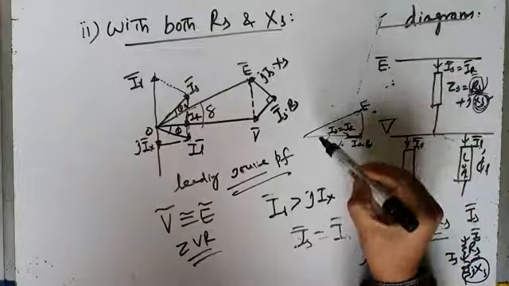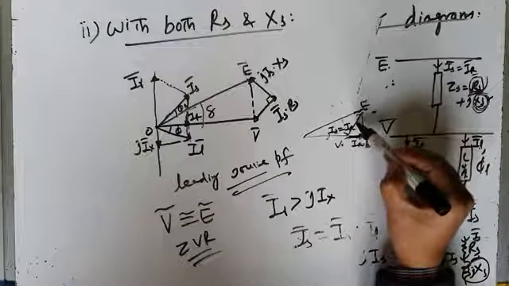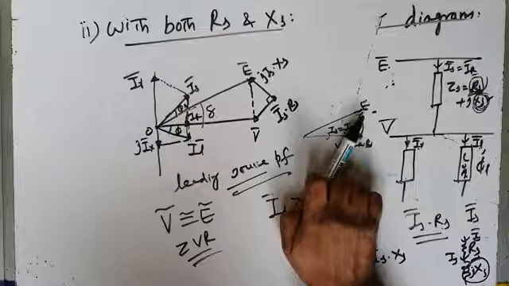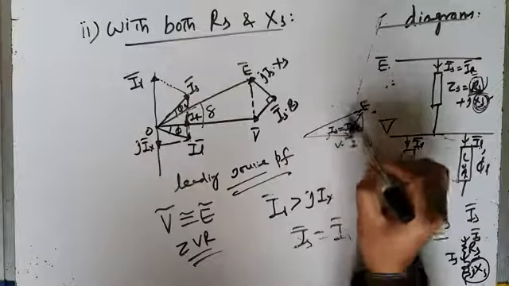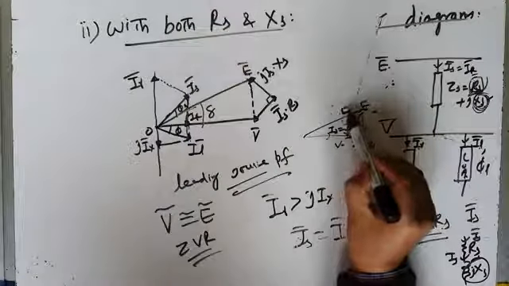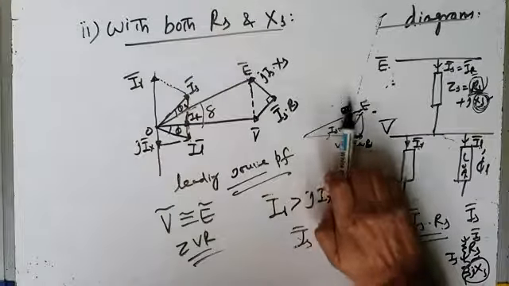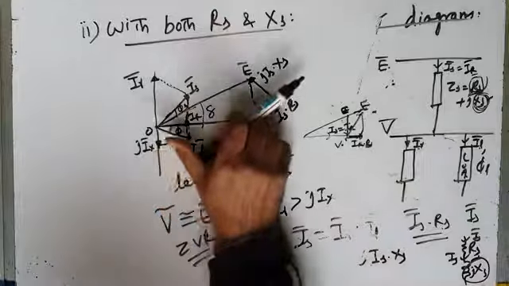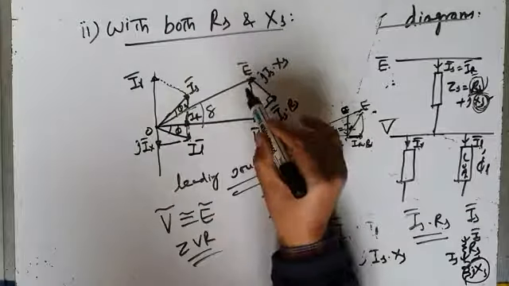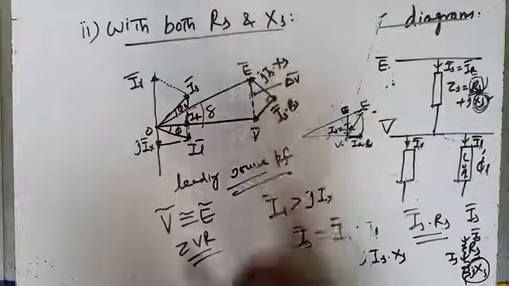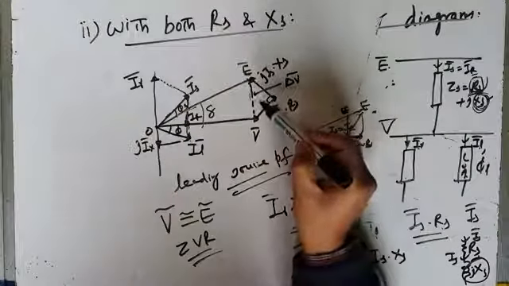In other words, this delta V vector, for unity power factor, is inclined like this. To make E exactly equal to V, this delta V vector has to rotate, and it has become like this. So previously your delta V vector was like this, and now it is like this, and it makes E equal to V. How was it made possible?